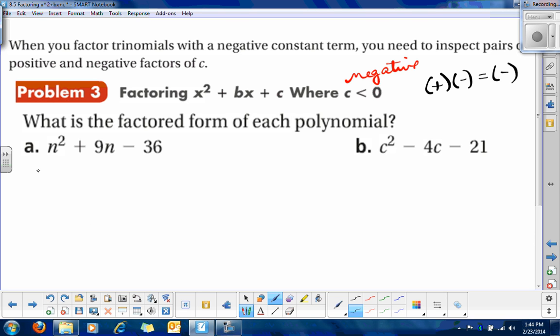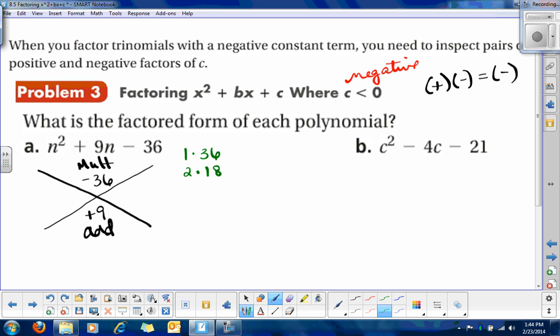So let's take a look at our x method. And again, when we multiply, we want to get a negative 36. When we add, we want to get a positive 9. So now we have to look at the factors. What are the factors that will give us negative 36? Okay, so I'm just going to write down the factors of positive 36, and then we'll put the negatives where they need to be. So let's see, 1 times 36,